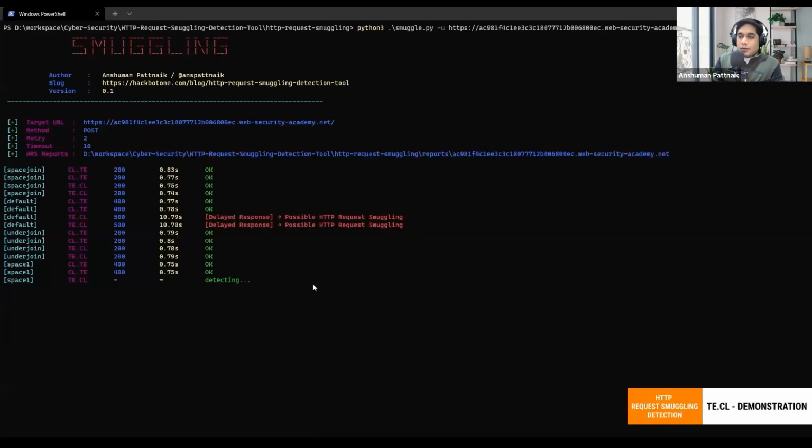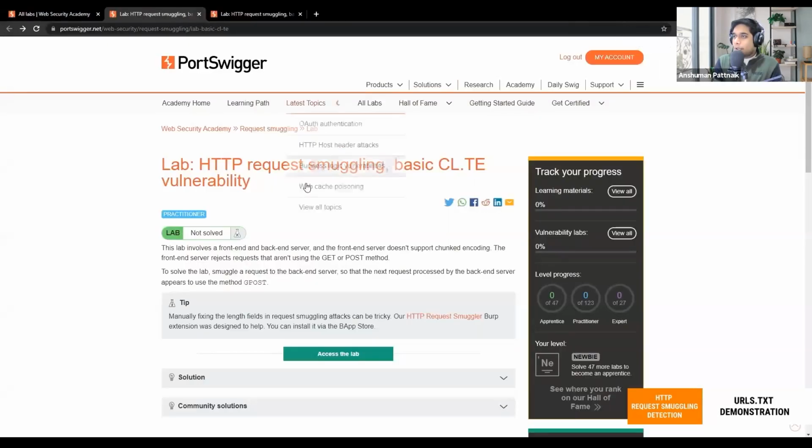Next, one more option we will see is how we can try both the URLs in one text file, so that we can detect this vulnerability for multiple URLs also. Let me go to the video, and we'll follow the same process again.